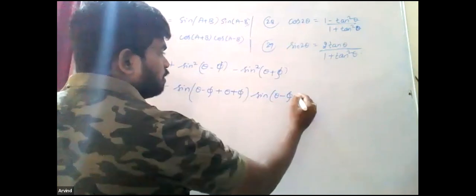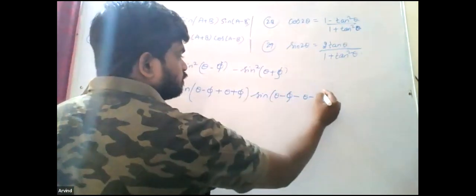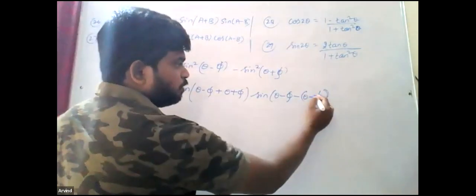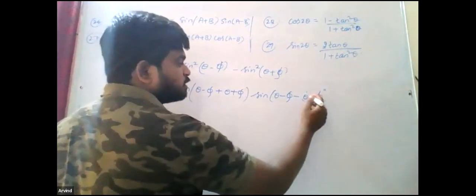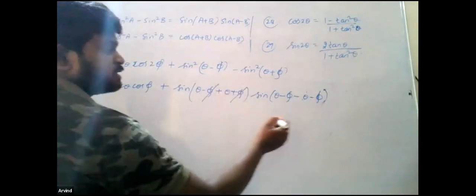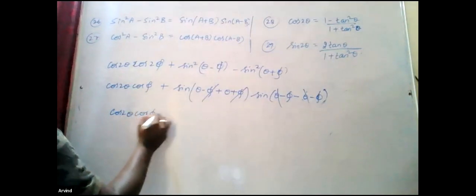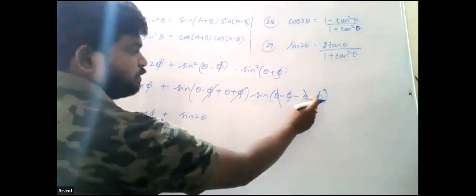Here the minus actually needs a bracket; if we open the bracket, minus into plus becomes minus. So here minus phi plus phi gets cancelled. Here theta minus theta gets cancelled. So we'll be left with cos 2 theta cos 2 phi plus sin 2 theta